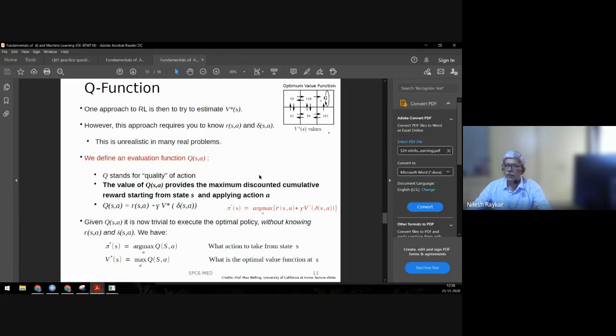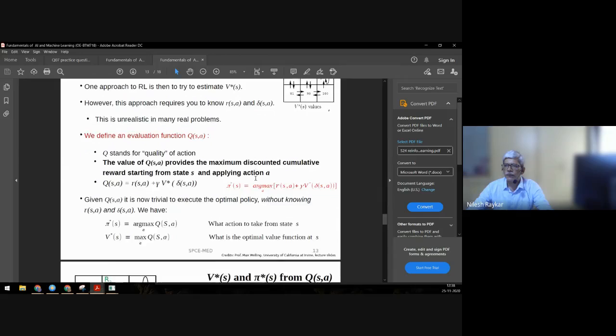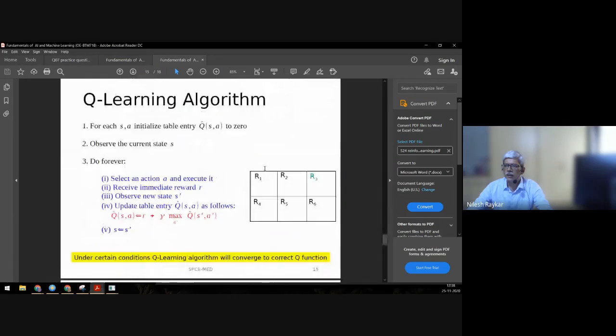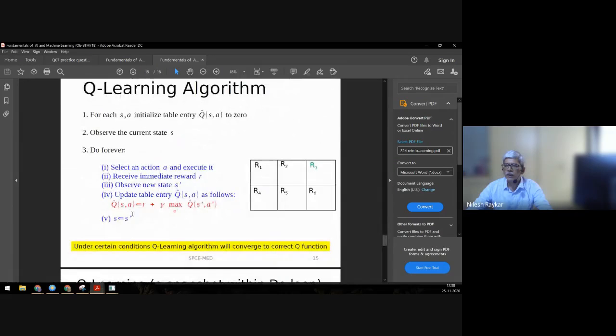And the last part of the problem asks for updation of the Q function. The updation is done by using the rule which is given here. Whenever the robot moves from one state S to another state S dash, the Q value along that action path will be revised as the reward it gets while moving by that path plus gamma. This gamma is the discount factor, which is defined in the problem, multiplied by the maximum of